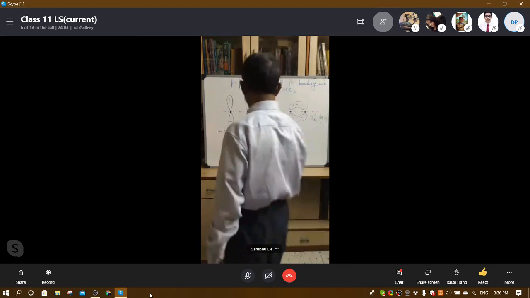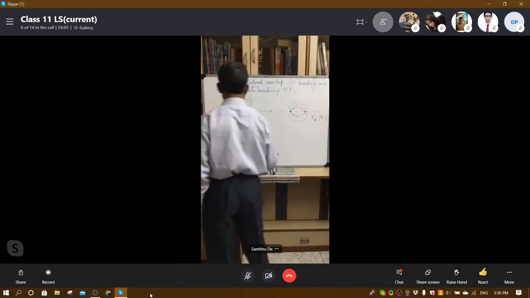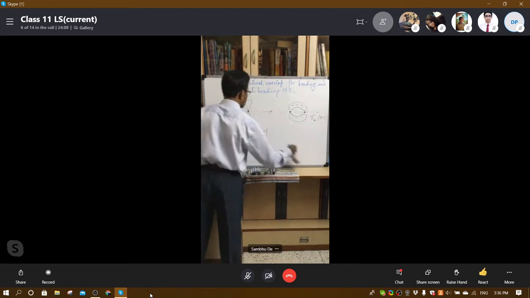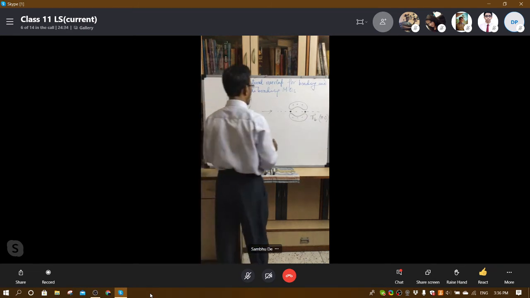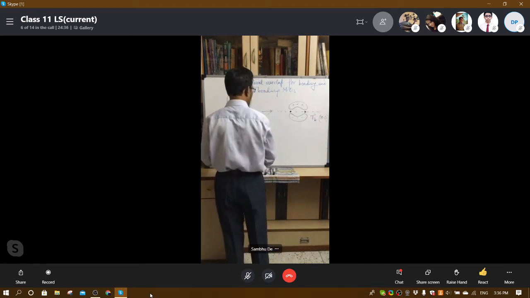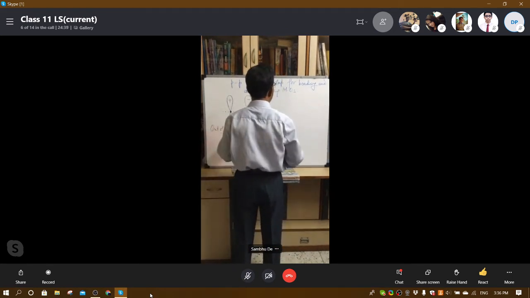Whereas when we take the antibonding interaction, when it is antibonding interaction, so plus minus, minus plus. The opposite lobes will be approaching one another and the resulting MO will be,